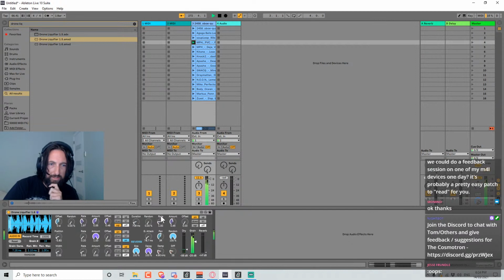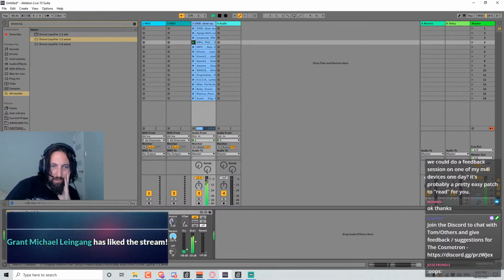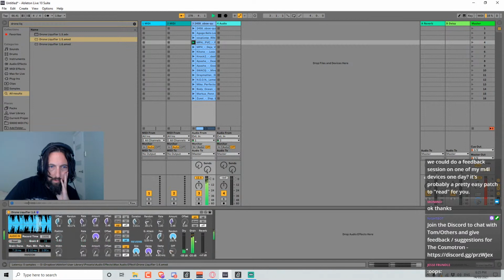Quite easy to overdo those gains, so see, as I shorten the grain density and the duration, I start stacking and amplifying the audio signal. So maybe I need to put a limiter in here at some stage. It's a cool sample. We can turn the audio off and just keep that.